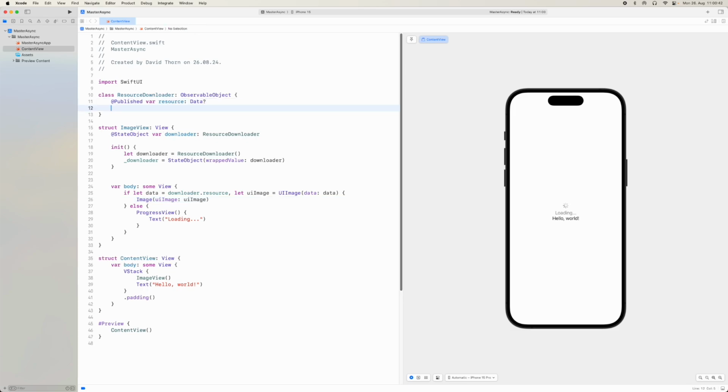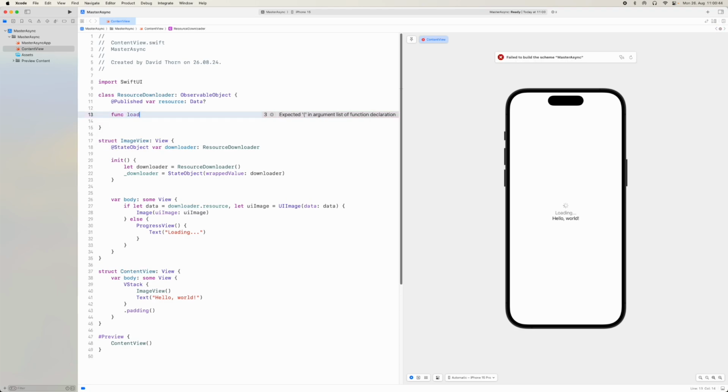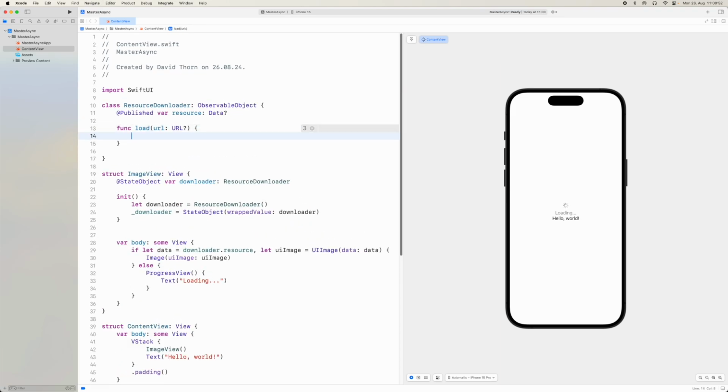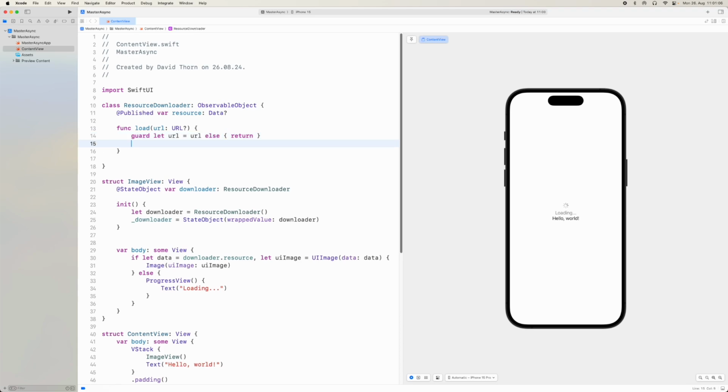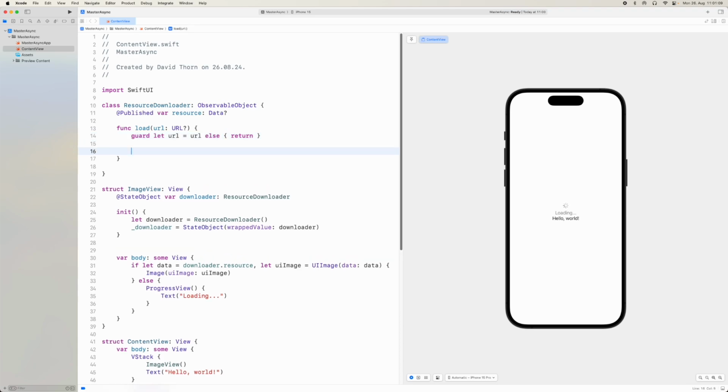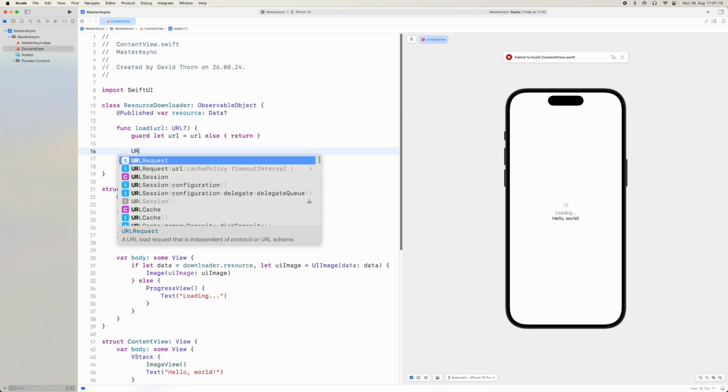So inside of our resource downloader, we're going to make a function and say load. And this function is going to take a URL, and it is going to be an optional URL. Now, if we have an optional URL, we don't have anything to download, so we're just going to say guard let url = url, and we'll return. And we're done here because there's no point trying to download an optional URL because it's not going to do anything with us. Now, the next thing that we need to do is we need to create a URL session,